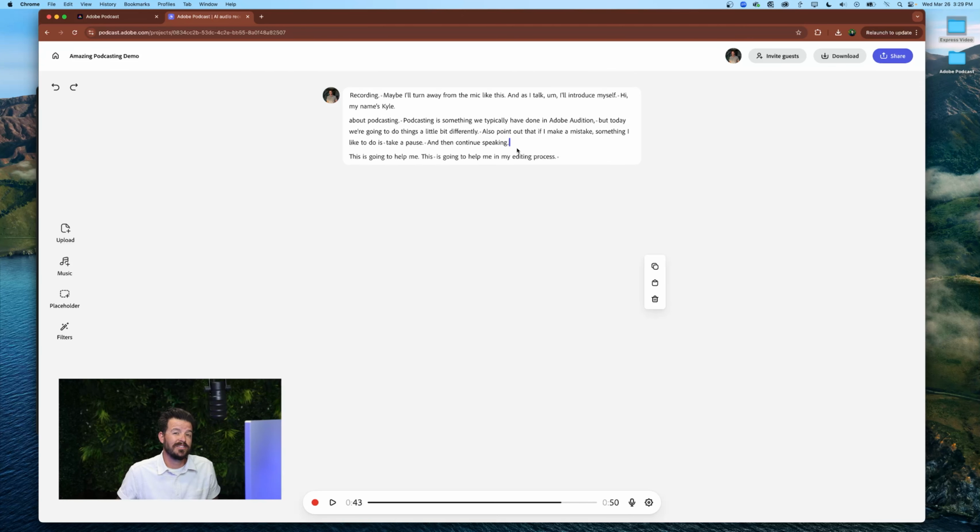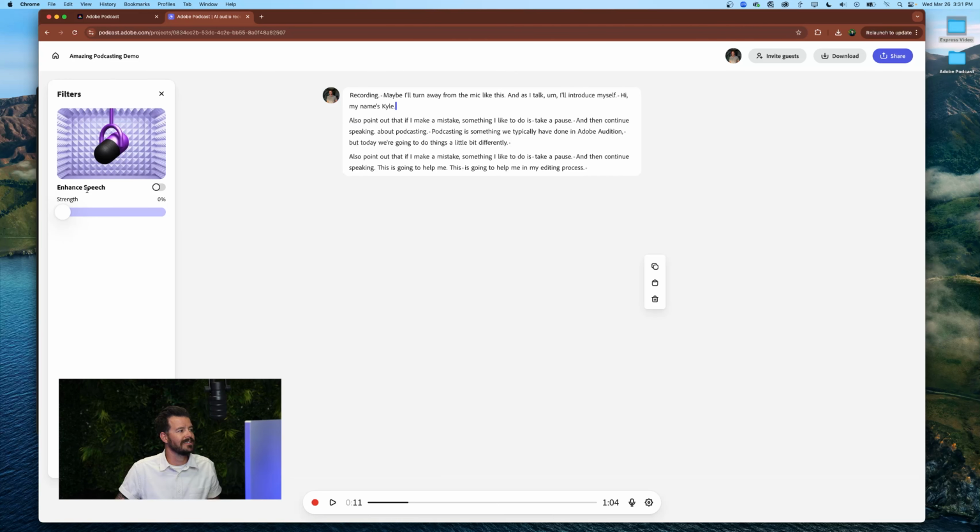If I forget to mention something or I say something out of order, I can highlight text and copy it by holding Command or Control C, and then using Command or Control V, I can paste that at a different point in my transcript. And to improve my audio's quality, I can go to Filters and I can turn on the Enhance